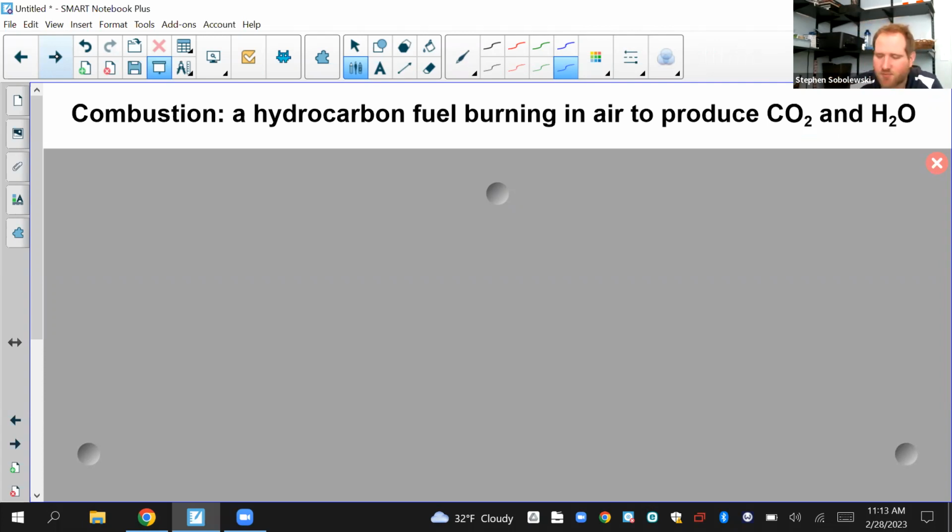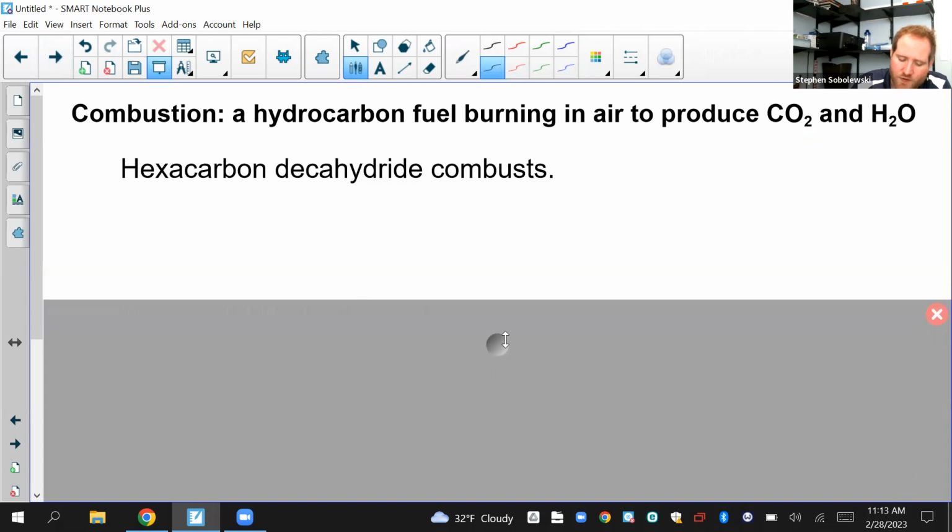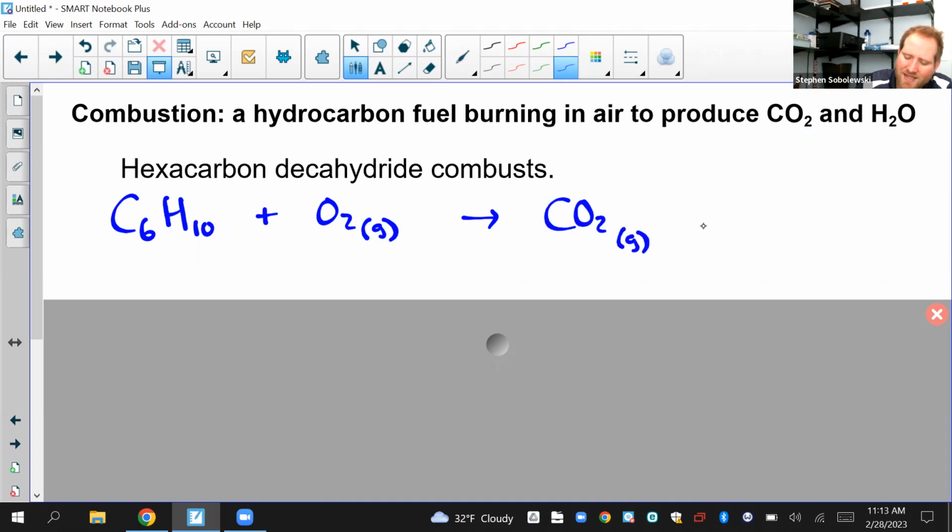So you've probably seen these before. We like to throw these in with balancing because you get some really fun coefficients going with these. All right, for example, hexacarbon decahydride combusts. So hexacarbon would be C6, decahydride would be H10. I didn't tell you the state of matter here, so we don't need to guess. We could just continue. Combusts means plus O2 gas, that's your burning in air, is going to form CO2 gas